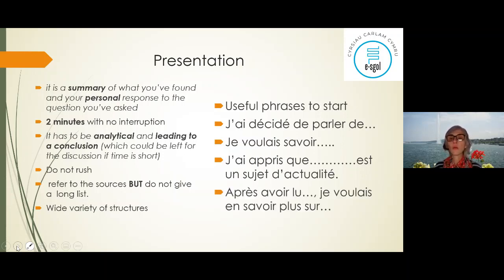Ou après avoir lu, you could have read something in lesson or on your own, or you could have watched a movie which interests you and makes you want to learn more about something linked with France. So après avoir lu ou après avoir vu, this or that, je voulais en savoir plus sur cette question, sur, je sais pas moi, le handicap, l'immigration, la Seconde Guerre mondiale, anything linked with that. Okay, so I thought I'd give you 4 examples. You could find more on websites perhaps, but I thought it's to help you to start.